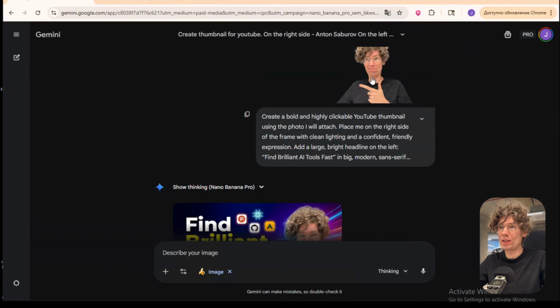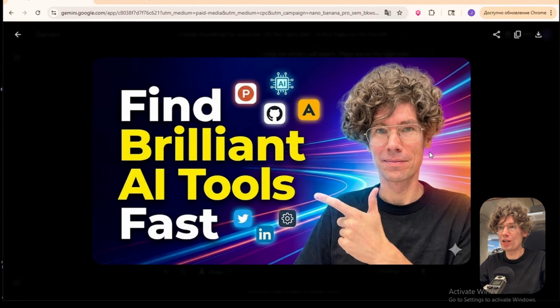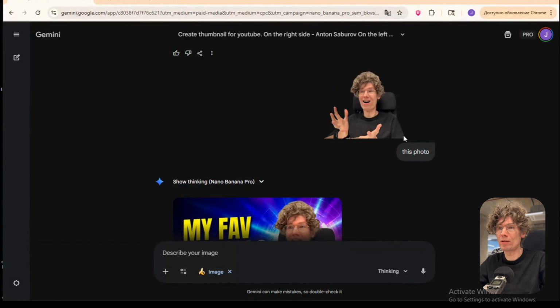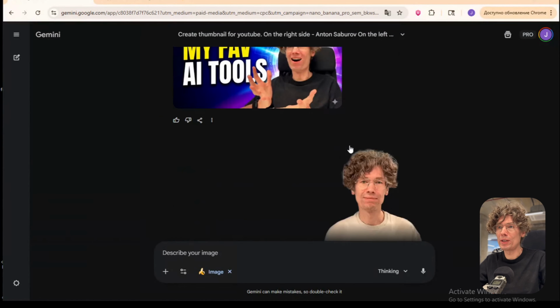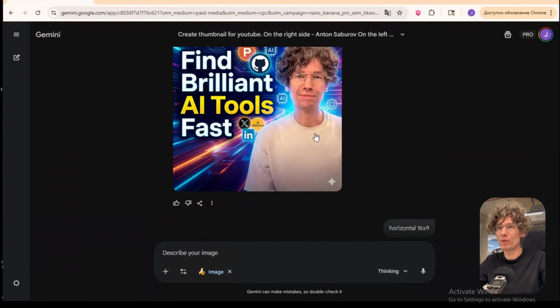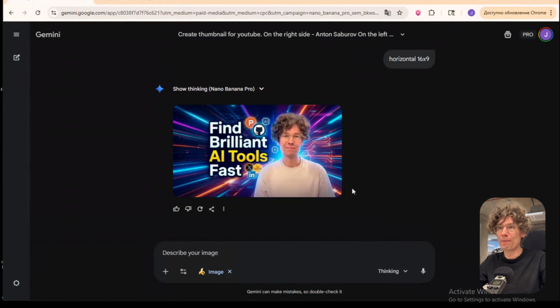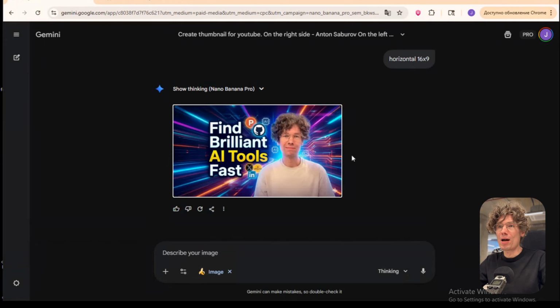Here, as you can see, I see on the left side. Yep, and here it changed, and I see the purple. It's okay. I can see a little bit of AI, but it's okay. I think it's a more interesting thing. You can see here is a problem because it's square, not horizontal. I checked it and you can see a little bit of a problem with the eyes too, but